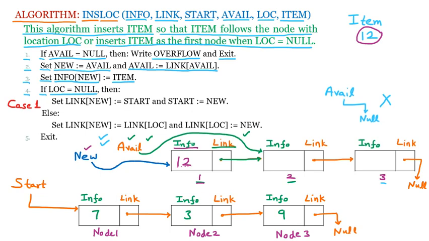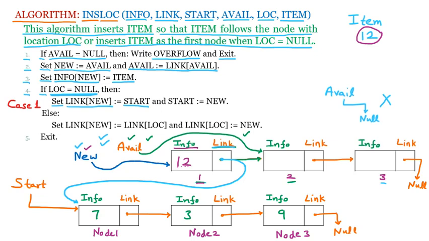So in case 1, if the location is null, meaning location is not given, we are saying set link new. Talking about the link new, this one is the new and there we are having the link part, because the new is pointing to the first node and its link part. So here we are talking about this particular pointer. This particular pointer is equal to start. So if location is not given, we are going to put it at the start. That means start is pointing to the first node. So we have inserted here, that means the pointer is modified.